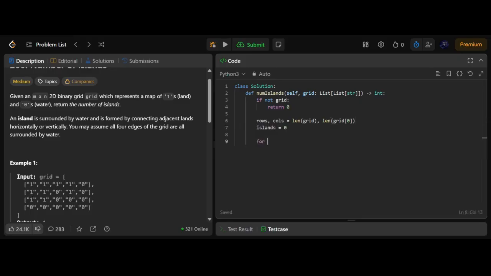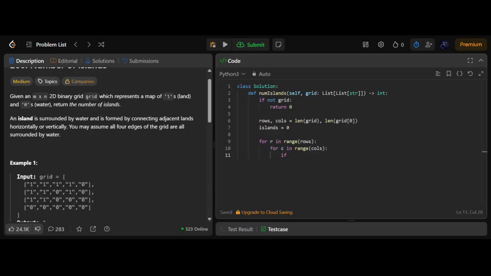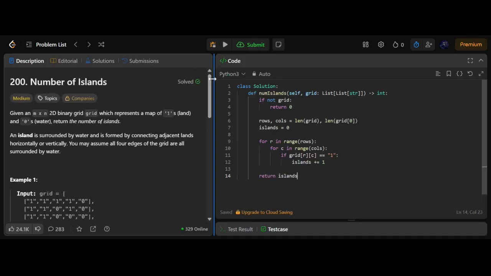And we want to say for each row in range rows and for each column in range columns, if grid[r][c] equals 1, we know we found an island, so we can increment our islands count and return islands. That would be the answer if this was probably an easy problem, but it's not, because